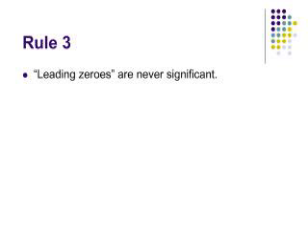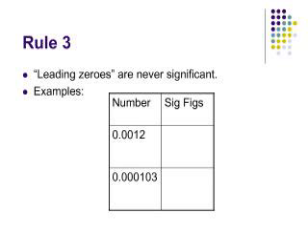Our next rule deals with a situation of zeros called leading zeros. And in leading zeros, what we mean are zeros at the left-hand side of a number. And these leading zeros are never significant. All right, so we've got some examples in here. If we look at the number